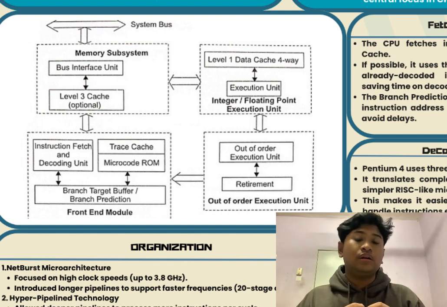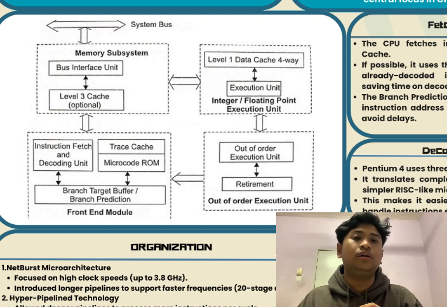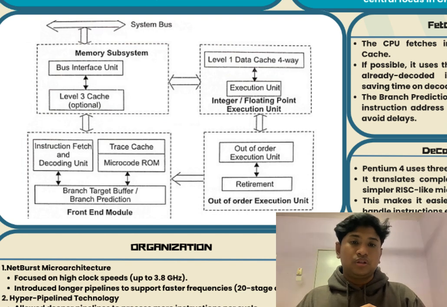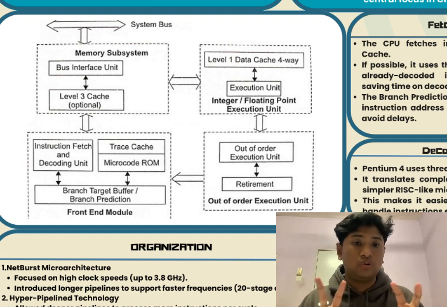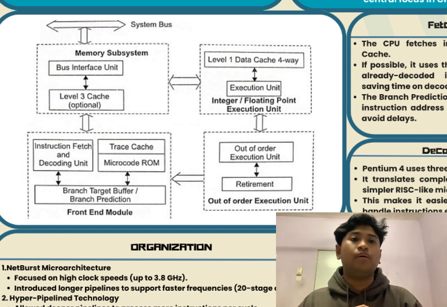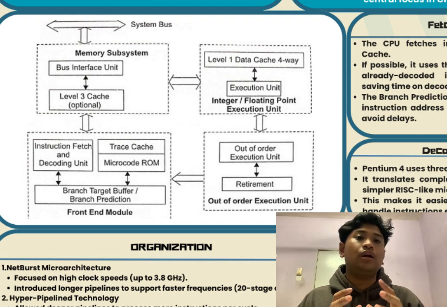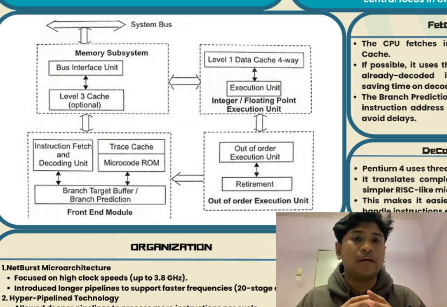What is interesting about the Intel Pentium 4 is that it uses out of order execution. This means instructions don't always finish in the same order as they appear in the program. To prevent confusion or incorrect results, the CPU uses a special buffer called the reorder buffer or ROB. The ROB ensures that all results are written back in the correct program order, even if they were processed out of order. This helps maintain accuracy, prevent data conflicts, and ensures that the CPU's output behaves exactly as expected by